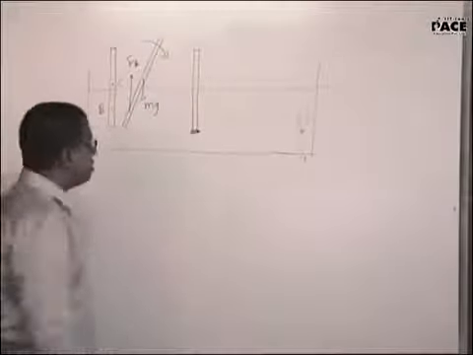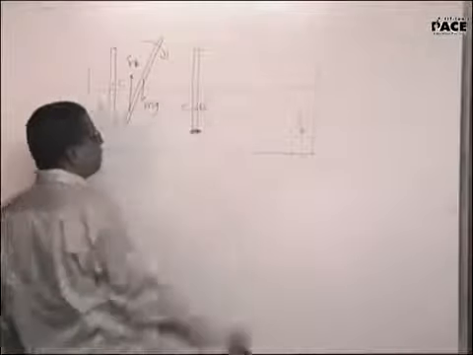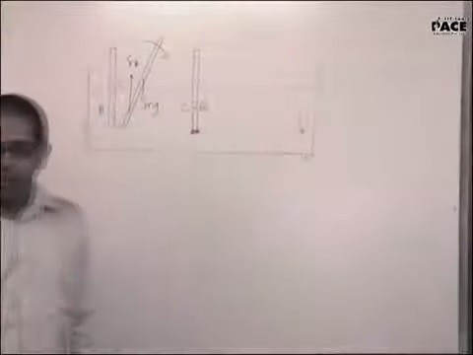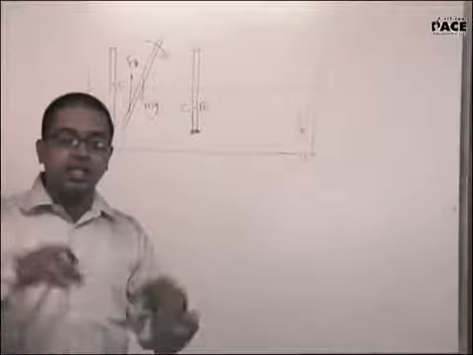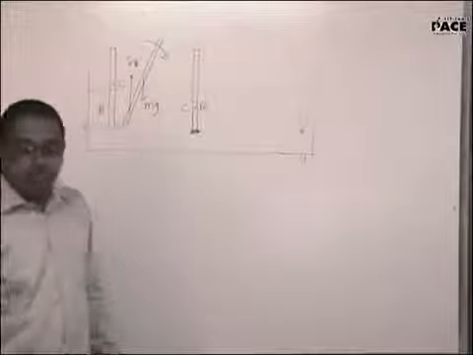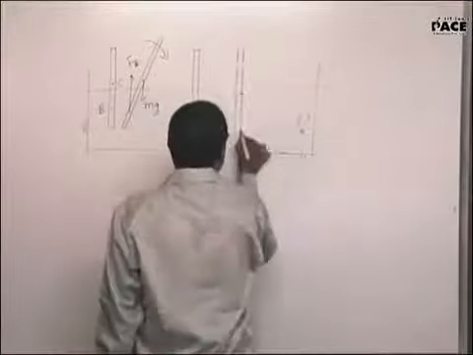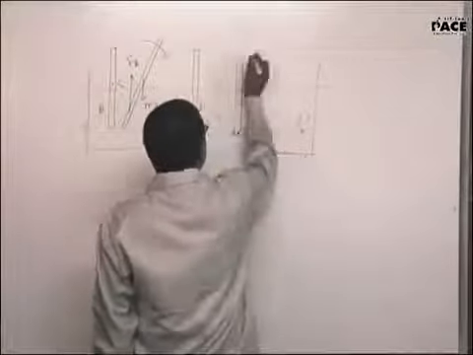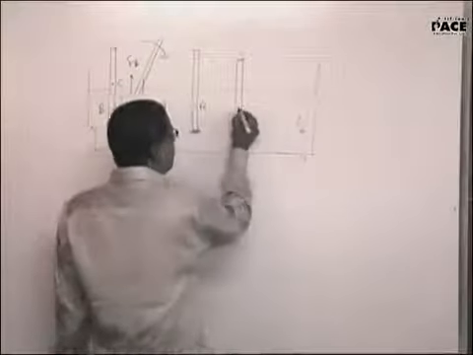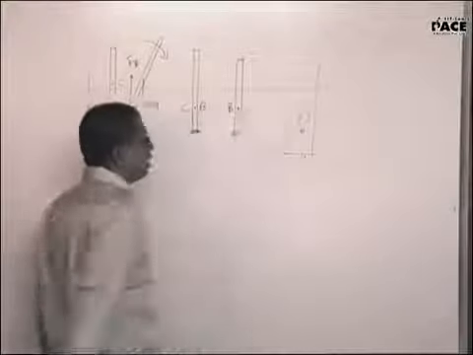Taking all the parameters into consideration, add so many iron ball bearings that the center of mass and buoyancy will be at the same point. So the net total torque about the center of mass will become 0. But yet, we are not happy with this. Further, we add a few more iron ball bearings such that this will further come down, so that the buoyancy will be here and the center of mass will be here.